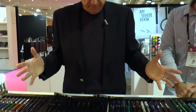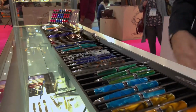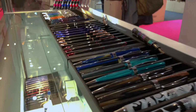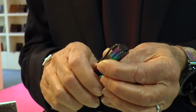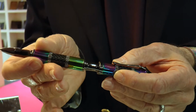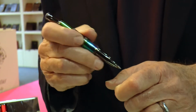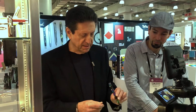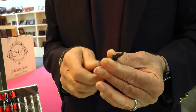In front of you here, you can see some of our best sellers. We can talk about the Regatta pens. The Regatta is a unique pen because it's magnetic, and it also fits in the back with a magnet. So it's very easy. You don't have to screw, unscrew, etc. This particular pen is a limited edition. It's called the Northern Lights. This fountain pen works with a